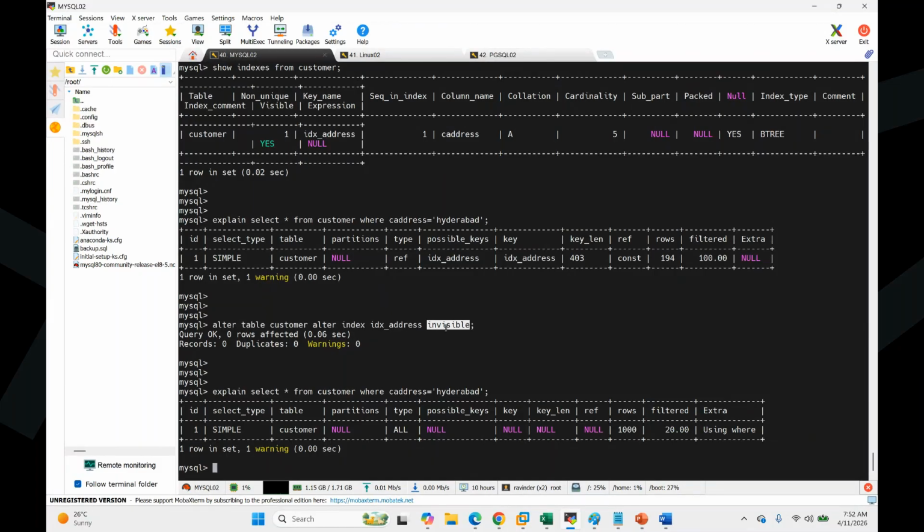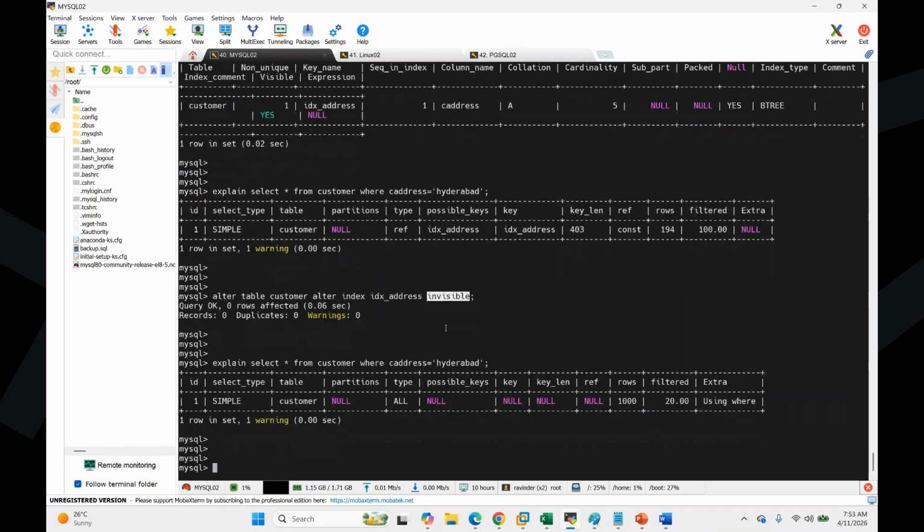So one by one, I will make them invisible and see the execution plans, where the execution plan is gaining performance and where it is dropping performance. Based on that, I can take a decision on which indexes can be dropped. We are not dropping them, but we are testing the performance first. Then we get to know which indexes are good and which are not good. Then we drop them. So I can make the index invisible and visible.